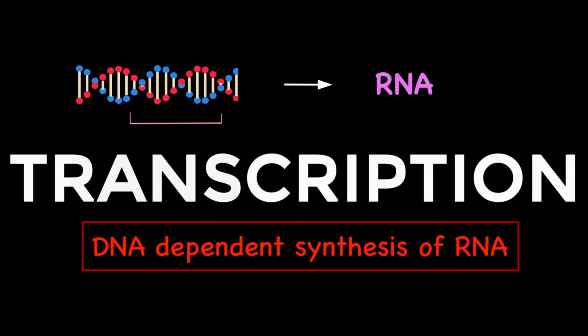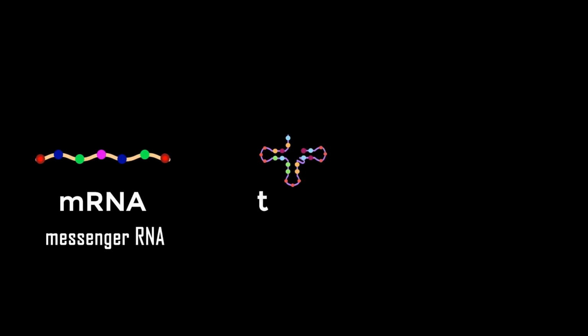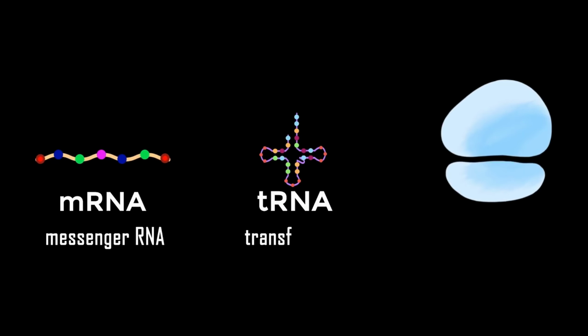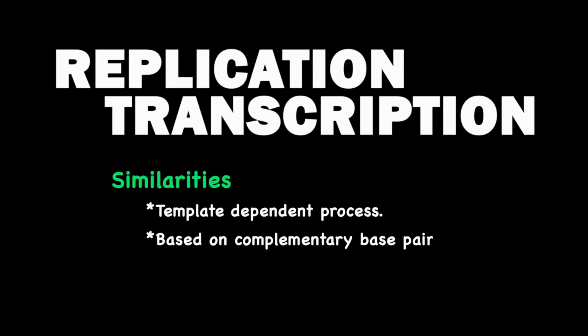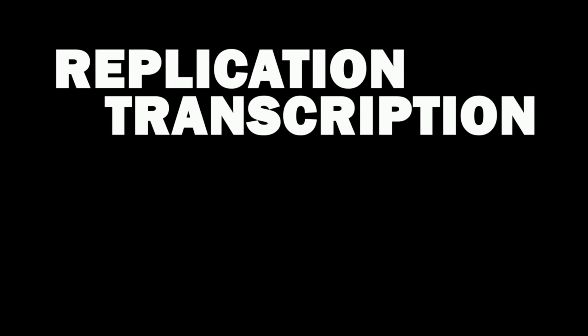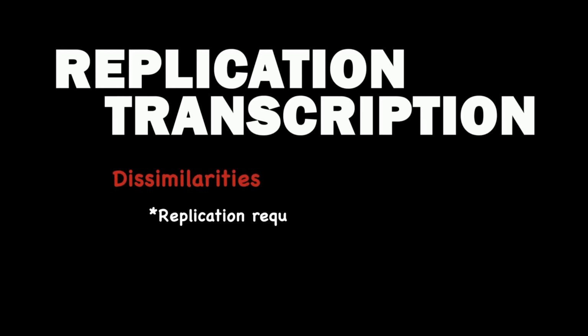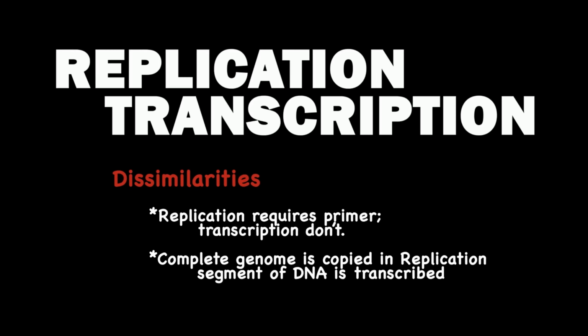The RNA produced can be of three types depending on its role or its activity. The first being messenger RNA, the second ribosomal RNA, and third transfer RNA. Both replication and transcription are based on complementary base pairing, but transcription does not require primers for addition of new nucleotides. During replication, the entire DNA is copied, but transcription is a much more selective process, as a segment of DNA is